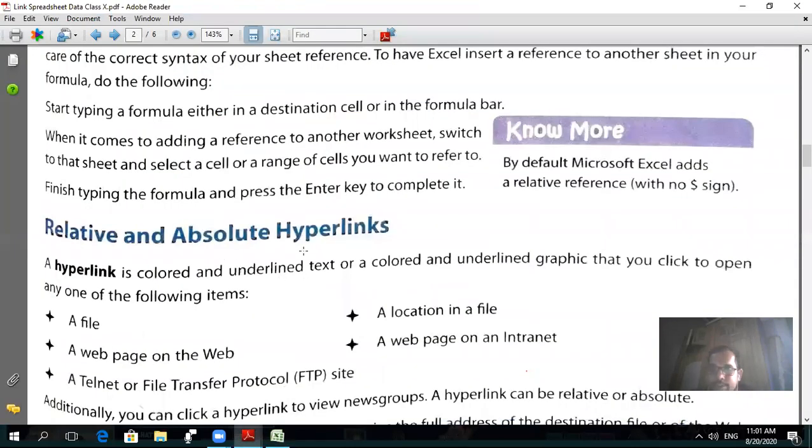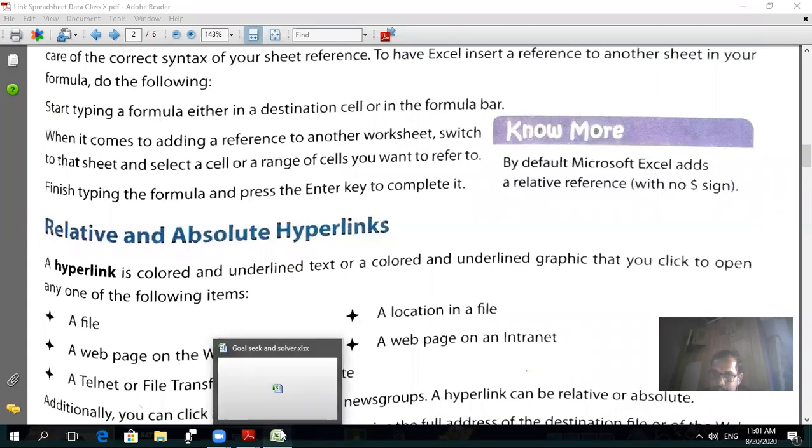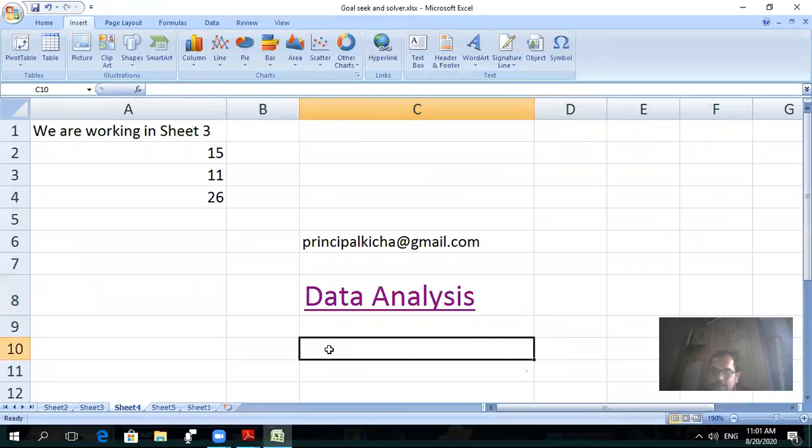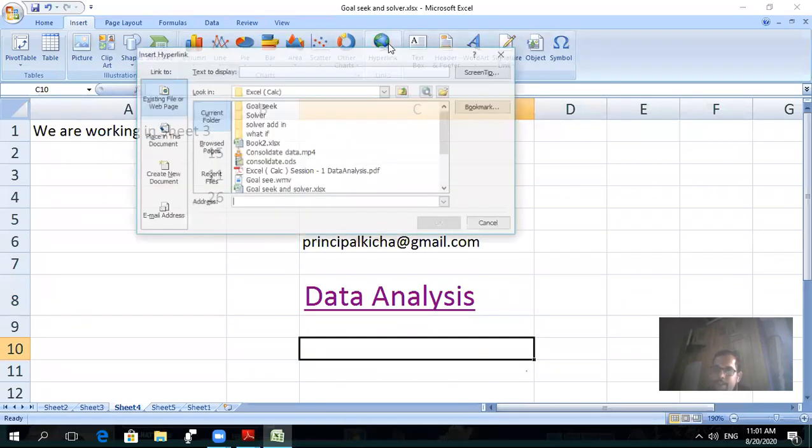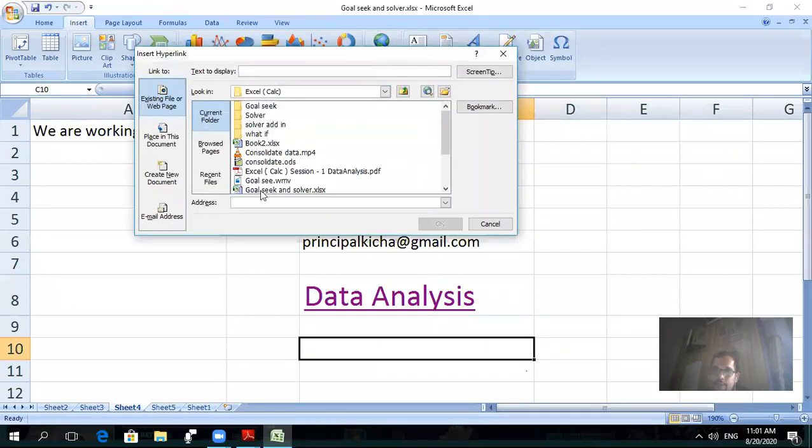And absolute hyperlink. Absolute hyperlink means you can apply a hyperlink only to a website, meaning web addresses. Suppose that you want to open Google, so you click on Hyperlink. Here you have to write the address of the website.